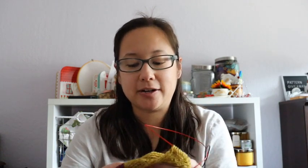So my husband bought me 2 skeins of it. So I really like my colors. I think they're going to be perfect for springtime. I just haven't gotten there. Similar to the Buffalo Rose cardigan,